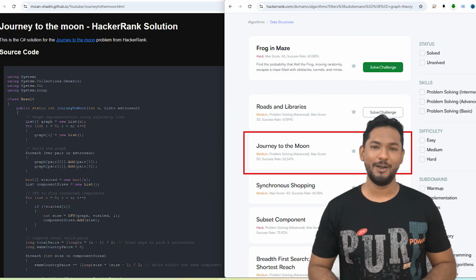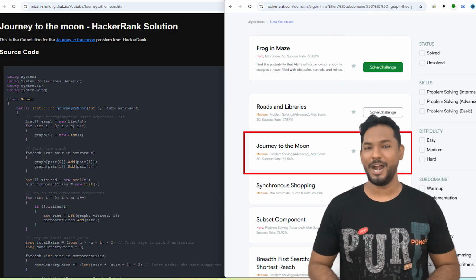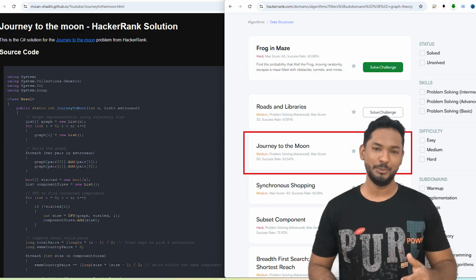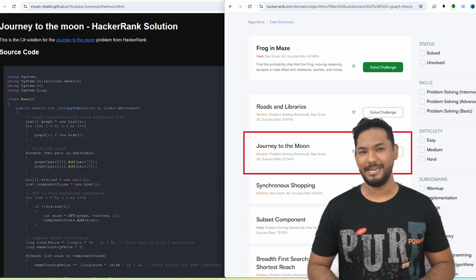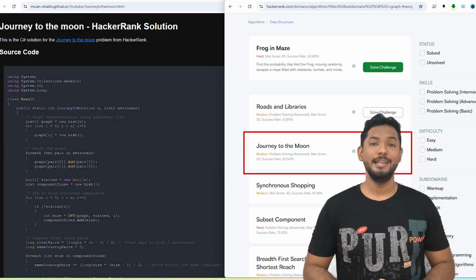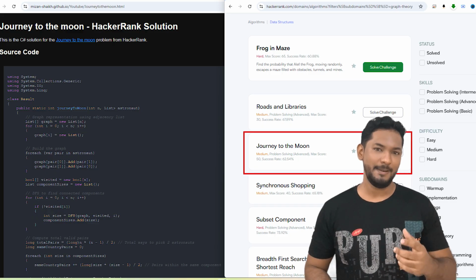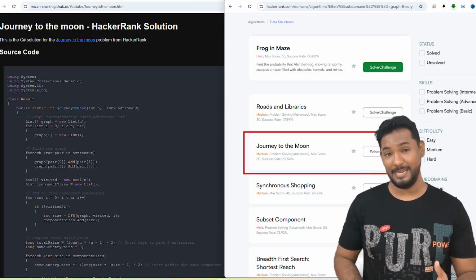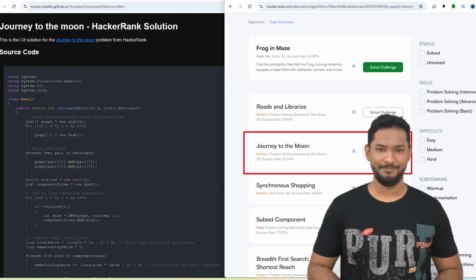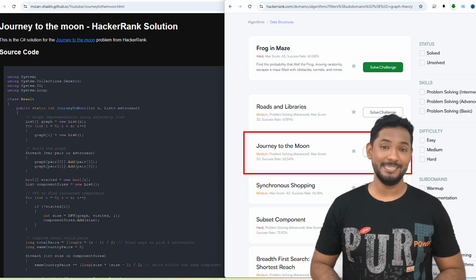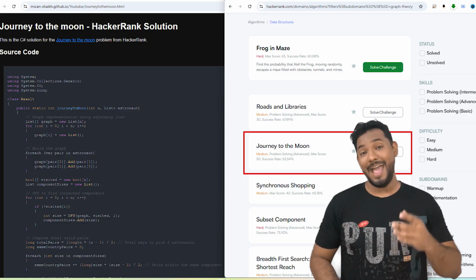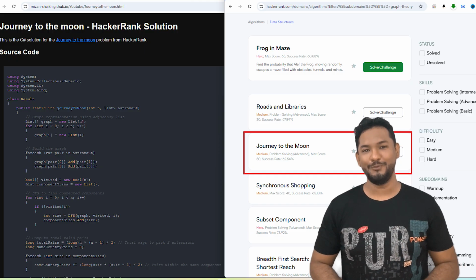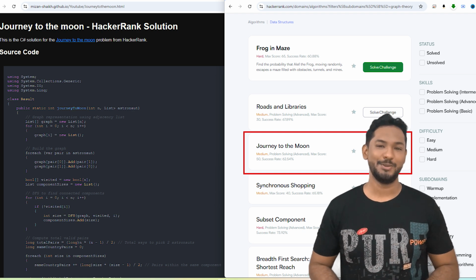So to summarize our approach. Number 1, build a graph from the astronaut friendships. Number 2, use DFS to find all connected components and their sizes. Number 3, calculate the total pairs of astronauts. Number 4, subtract the pairs that can be found within the same country. We'll create an adjacency list, perform DFS, and compute the combinations, all of which are foundational skills in coding interviews